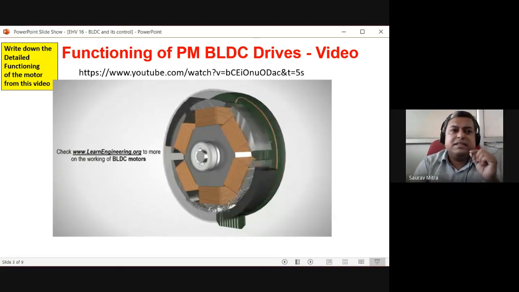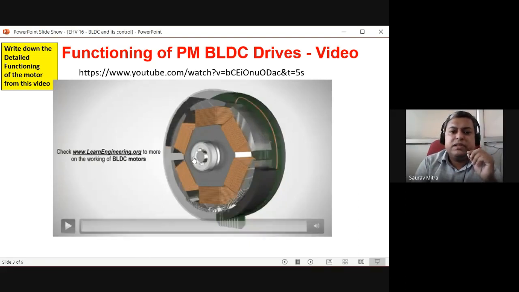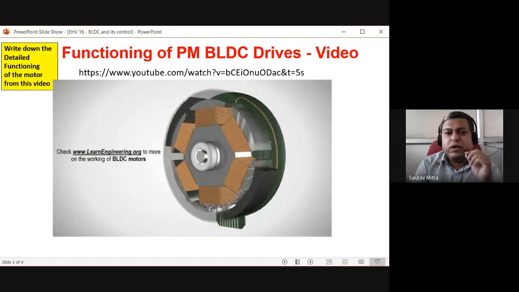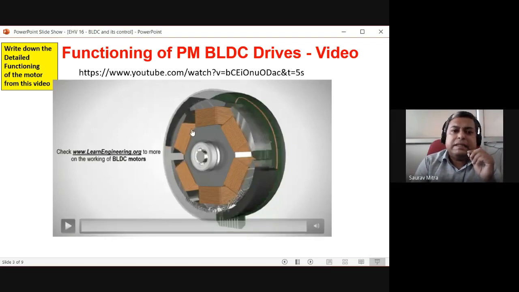So what I suggest here, it is written in the top left corner, is: look at this video, and I will be asking you one question, that is, how does the BLDC motor rotate? You have to show, in a very small schematic kind of diagram, these three pairs of coils, and the rotor behind it with a permanent magnet pair, that is north and south pole, and explain how a BLDC motor works by means of this video.